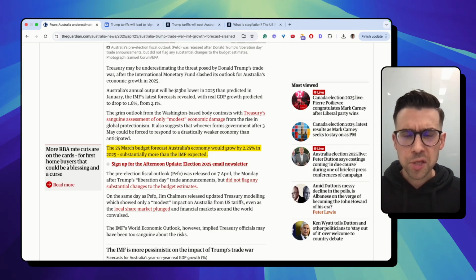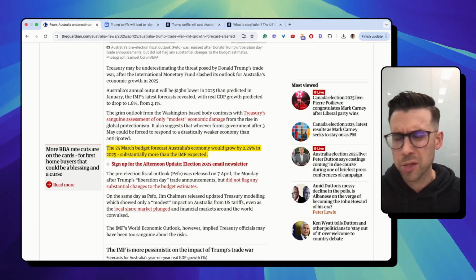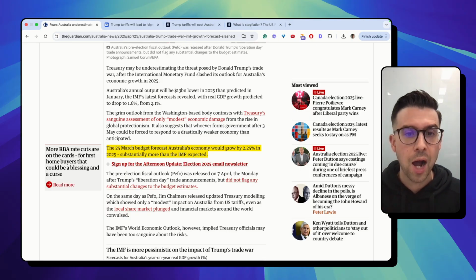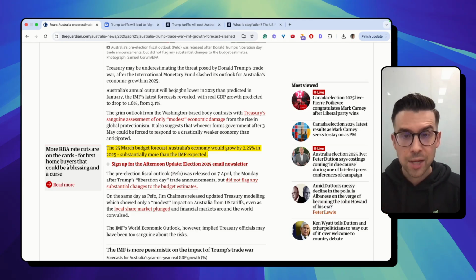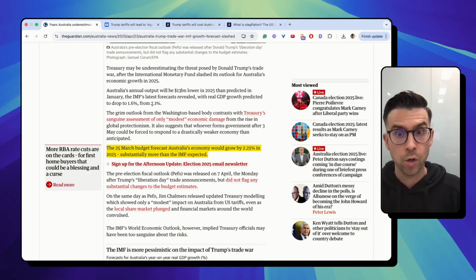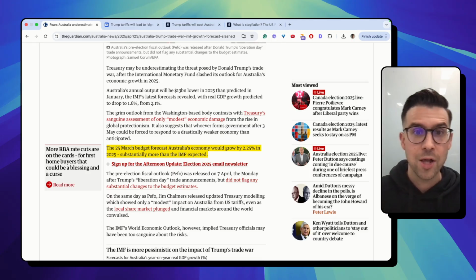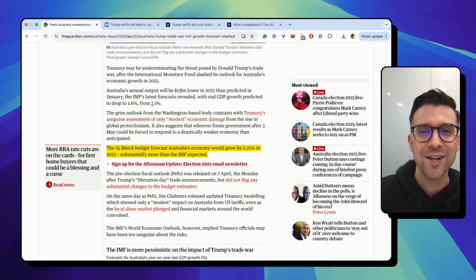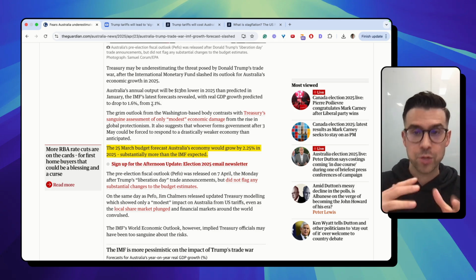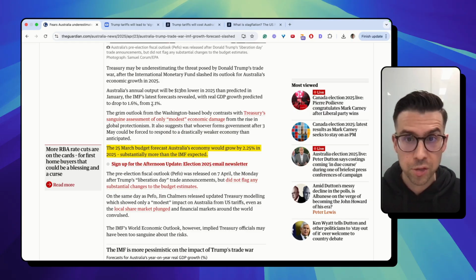And so this is, I think, a valid criticism that you can have when you're analysing fiscal policy, and this is on both sides, whether it's the government or an opposition. What are the underlying assumptions they are relying upon for their overall budget outcome? In this case, the government is relying on stronger economic growth than the IMF was predicting pre-tariffs and certainly post-tariffs, to say that that's what's going to produce its current budget deficit, right?